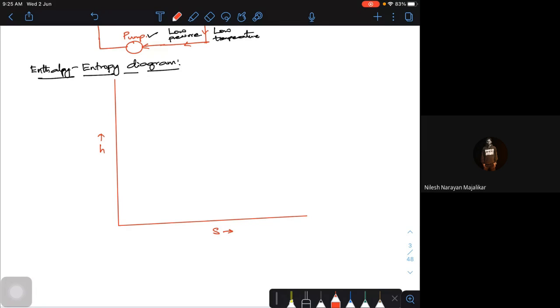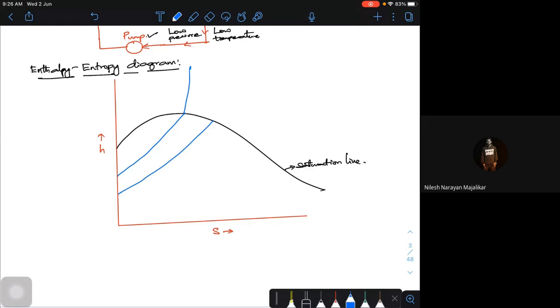Now, for this kind of steam or your pure substance, what we will be seeing in the HS diagram is a dome. This is your saturation line. So you will be seeing a saturation line, which is also called a vapor line, and completely on this particular line your condition of the steam is completely dry. Now other than this, what else could I see? I could see a constant pressure line. So they will be going like this, okay, then they become steeper once it crosses your dry saturated line.